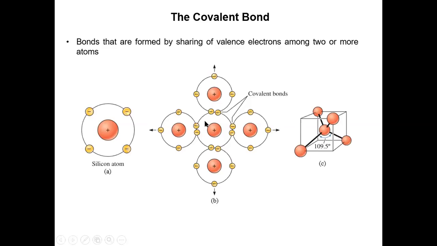So what it will do is share 1 electron with some other silicon atom. Likewise, it shares its 4 electrons with 4 silicon atoms. Then it will receive 1 shared electron from each of the 4 silicon atoms. Such valence electron sharing we call a covalent bond,